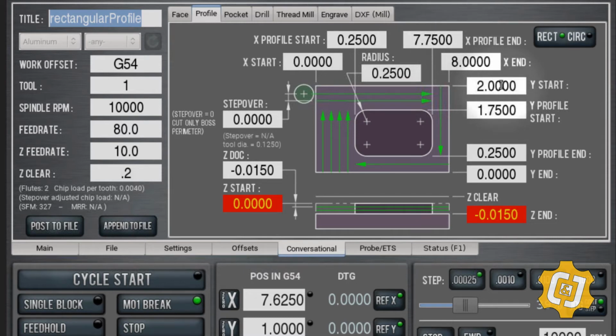Then my stock is 2 inches wide. Y starts at 2 and ends at 0. And I want it to start a 1/4 inch in from one side and go to a 1/4 inch from the other side. I want a 1/4 inch radius on it. So that's what this line tells me. And I want